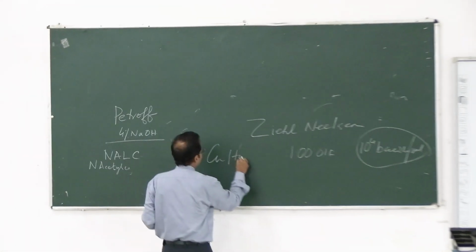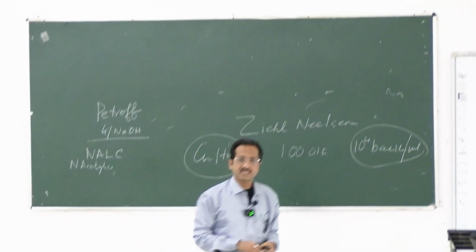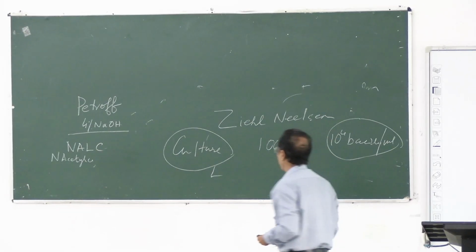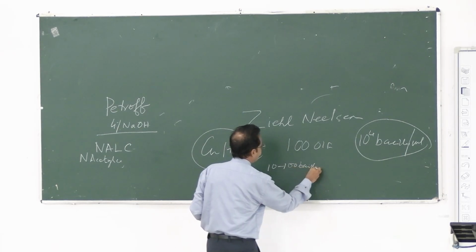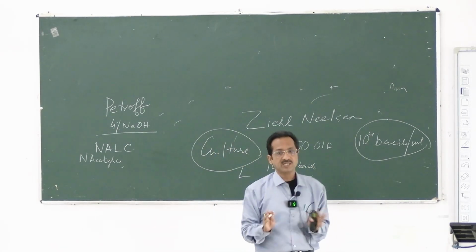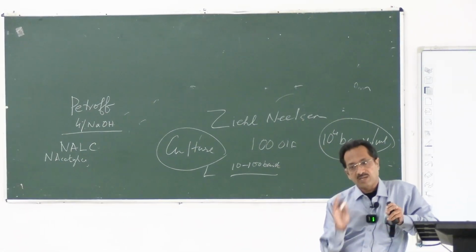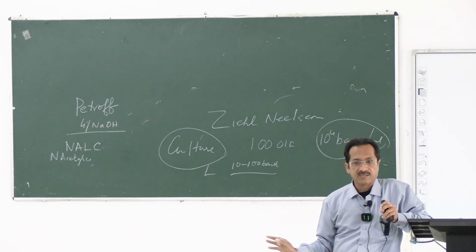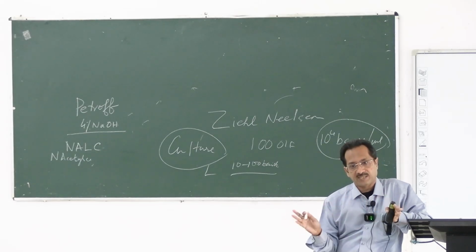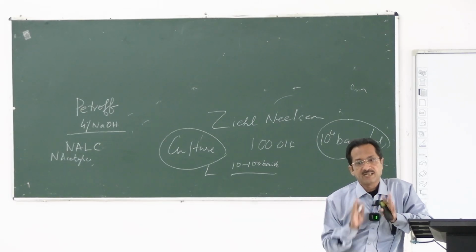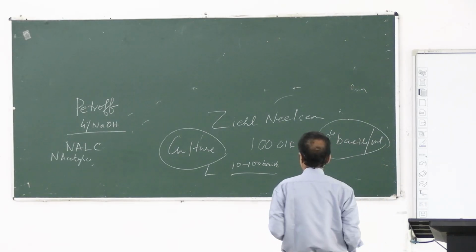Culture in Lowenstein-Jensen media is still the gold standard. Why? Even if there are only 10 to 100 bacilli, it will be positive, and culture only grows if the tubercle bacilli are viable. Whether the bacilli are living or not can only be detected by culture. Even CBNAAT or molecular tests cannot detect viability, because they detect the DNA; they don't detect the viability of tubercle bacilli, so only culture can detect viability.